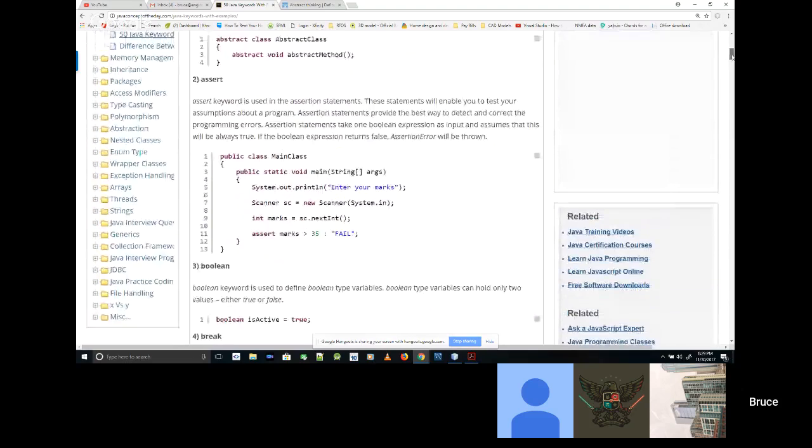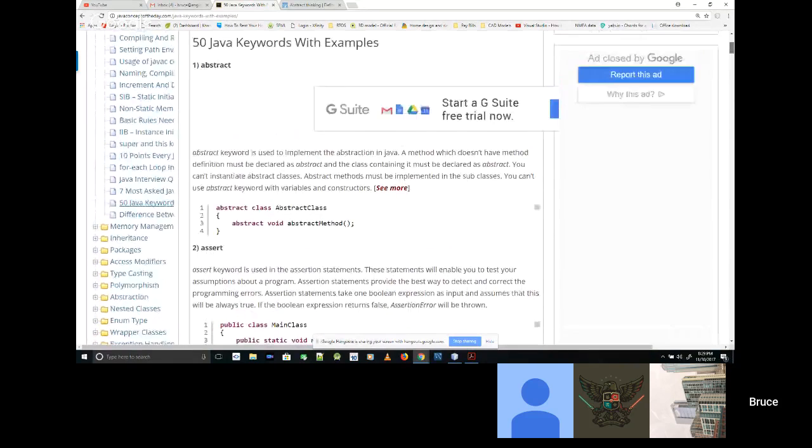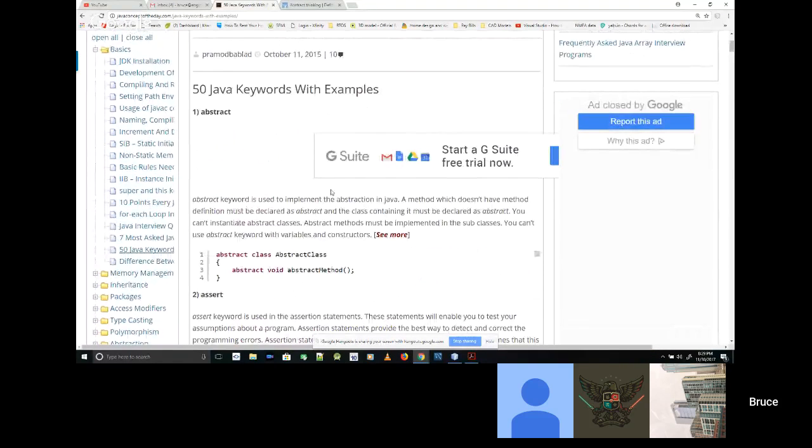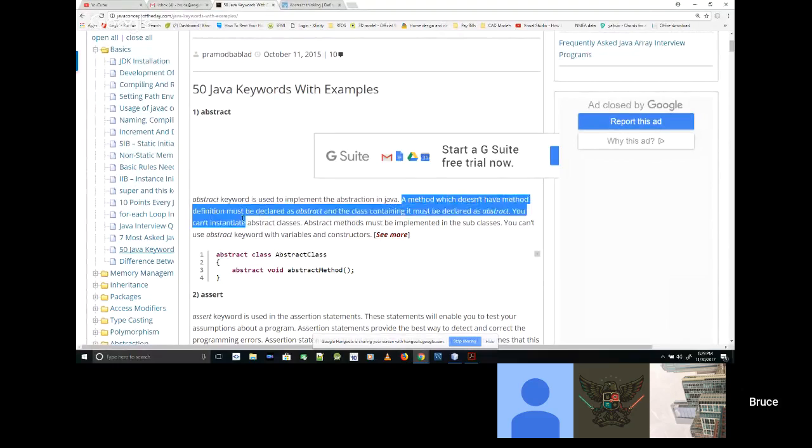Now up here, if you look at abstract again, it said the abstract keyword is used to implement the abstract part. A method which does not have method definitions must be declared as abstract, and the class containing it must be declared as abstract. Basically, it's a definition of a bunch of classes and methods that have no functionality.